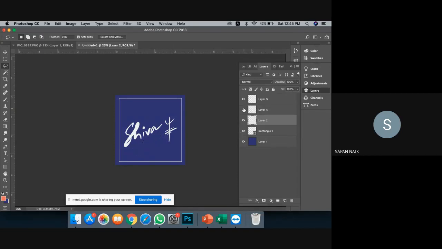Now as you can see, if I remove these two layers, I am now having a total of 5 layers, and I want these 5 things to come in a flow of animation. Get it?